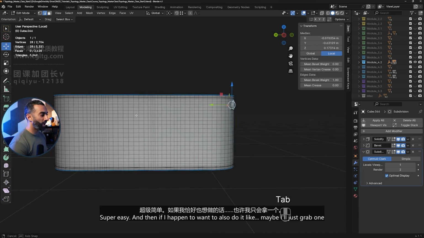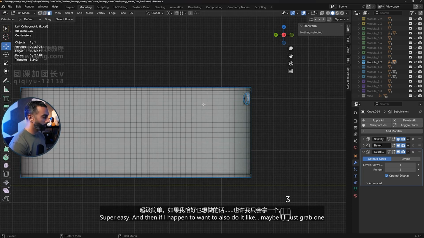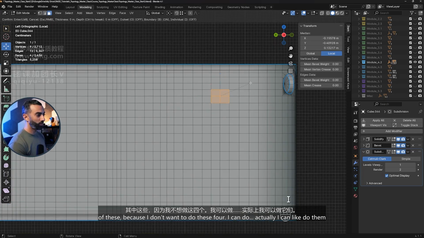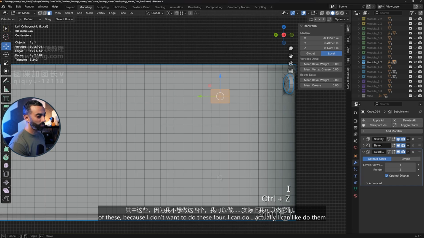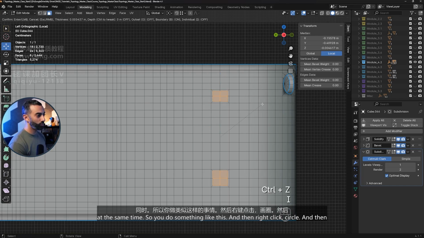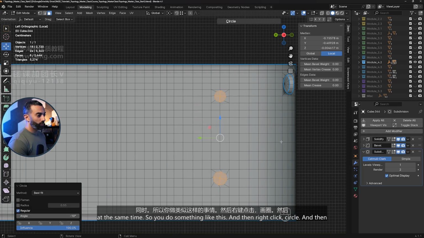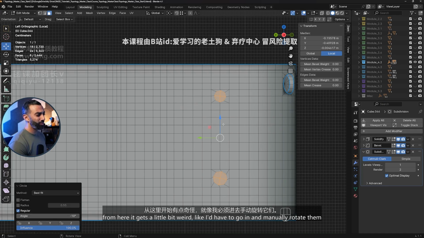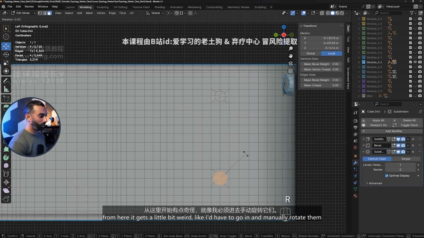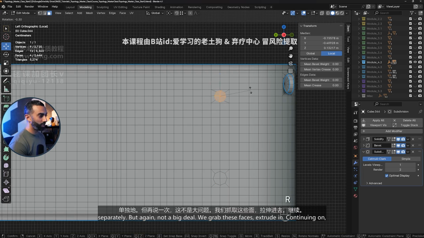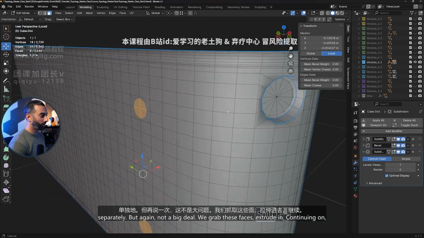And then if I happen to want to also do it like, maybe I'll just grab one of these because I don't want to do these for, I mean, actually I can do them at the same time. So you do something like this and then right click, circle. And then from here it gets a little bit weird. Like I'd have to go in and manually rotate them separately, but again, not a big deal. We grab these faces, extrude in,